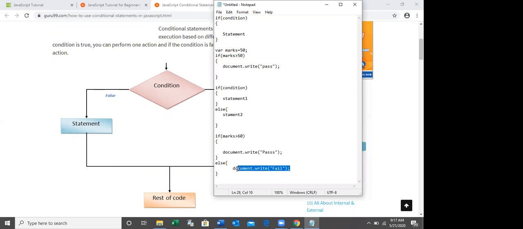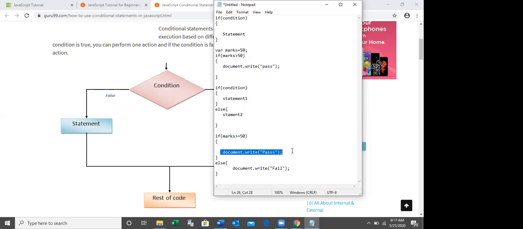So the output will be fail because this condition is false. If I put 50, what will happen? Now also this condition is false because marks is 50, not greater than 50. That's why the else statement will be executed. Now if I put the equal here, the first statement will be executed, pass.